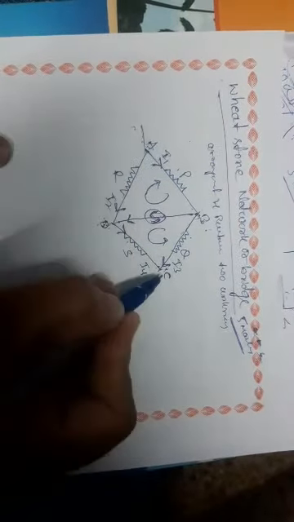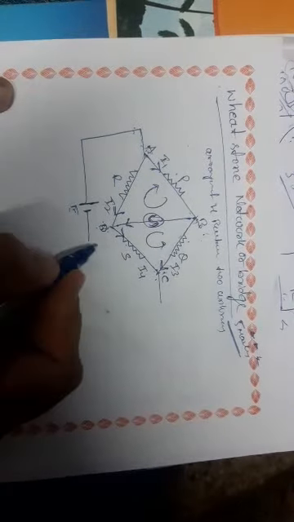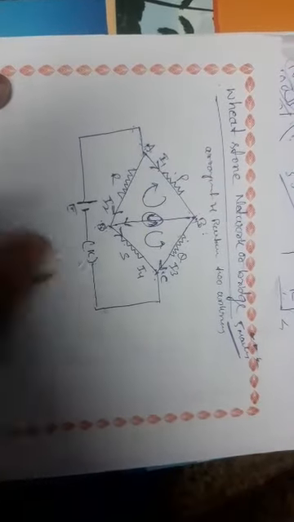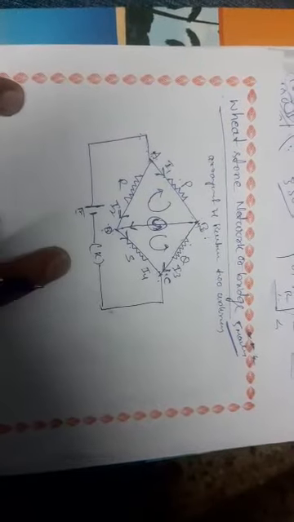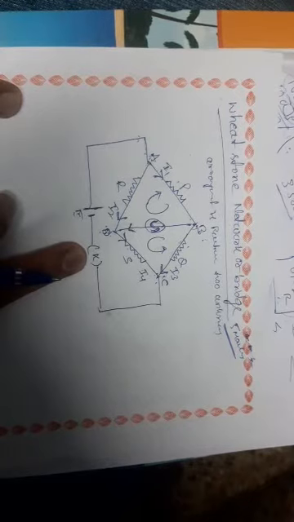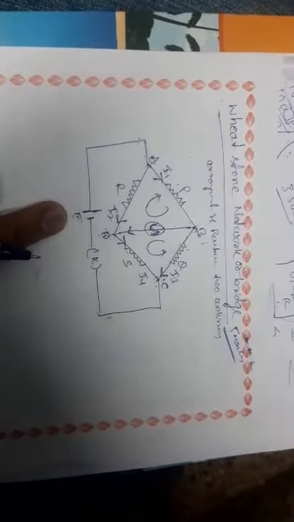And one end of the Wheatstone loop is A, the other end is C, and it is connected to the battery E. E is a battery and it is also connected to the plug key. K is a plug key. Plug key means it controls the flow of current. It is also an electronic device. It is used for the flow and the stopping of a current. That is a plug key. E is a battery source. This is the arrangement of the circuit.